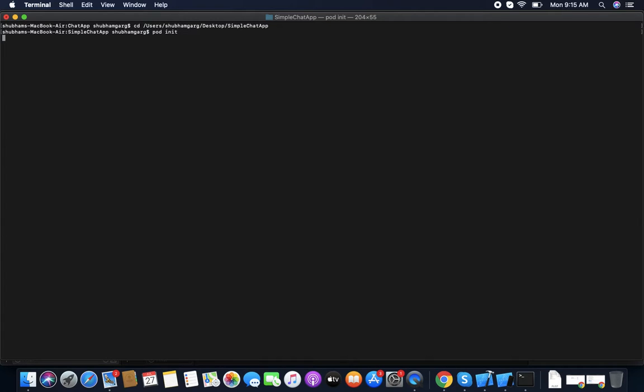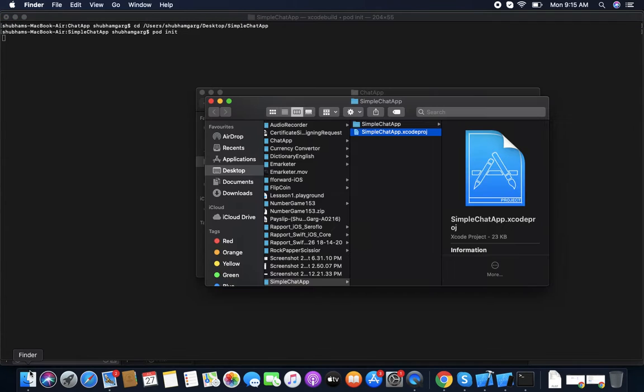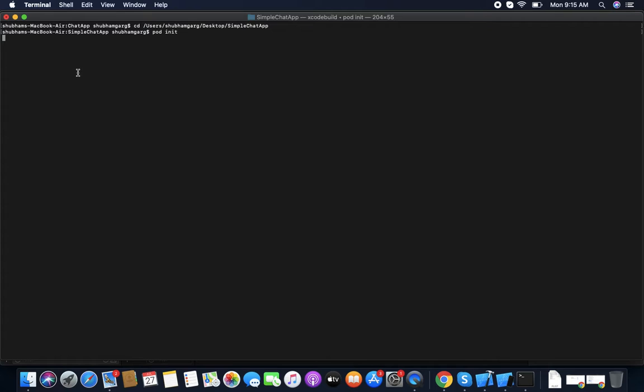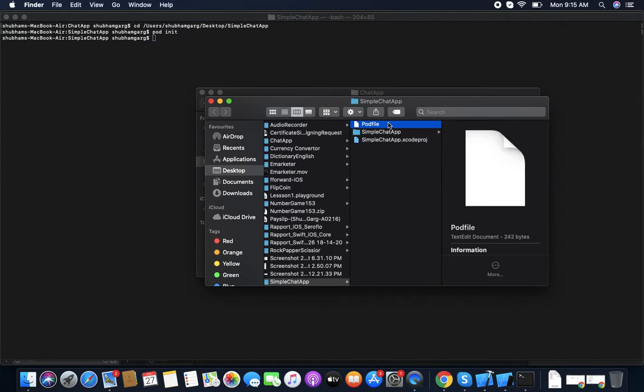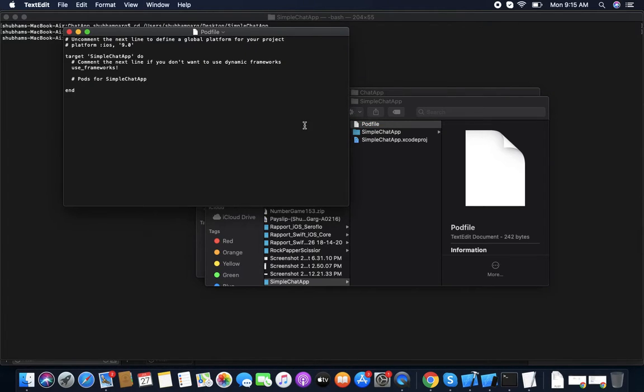The pod init command basically creates a Podfile for you. So when this command is run, you can see there will be a Podfile in your project now. Just open it. See the Podfile for simple chat app. Just enter and copy that code.